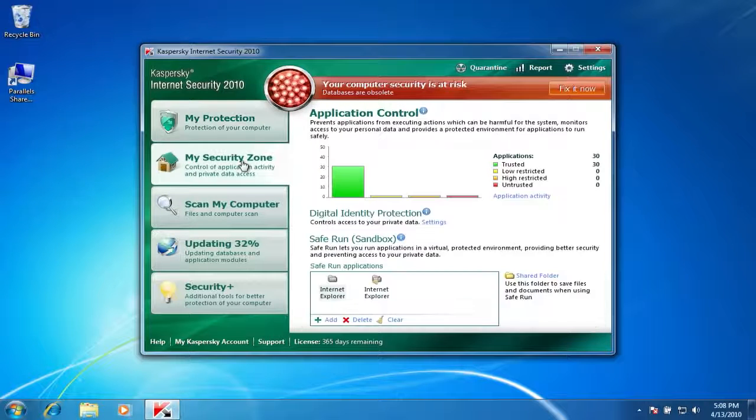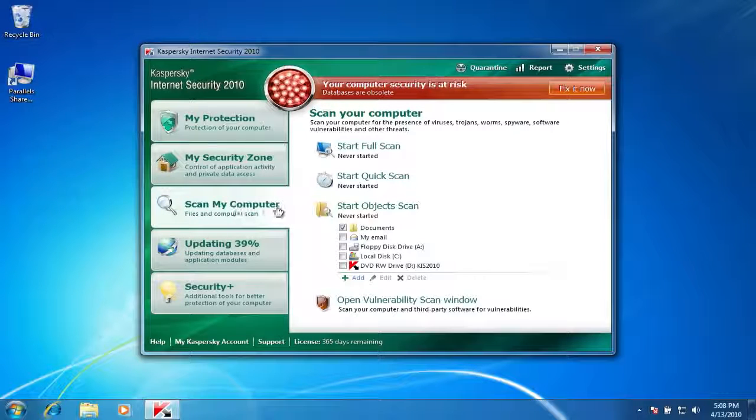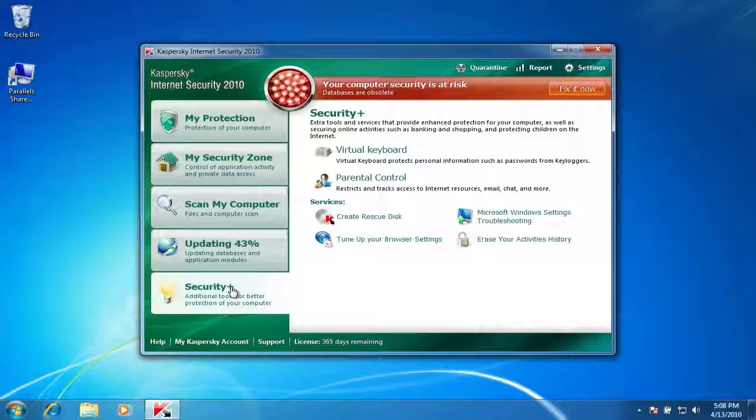For security zone, it's going to show you how many applications that you have that are trusted, and then how many are restricted or untrusted. Scan My Computer is where you can scan your computer. You can start a full scan, do a quick scan, and then you can also select what objects that you would like to scan. And then in Security Plus, that's where you can set up a couple different things like